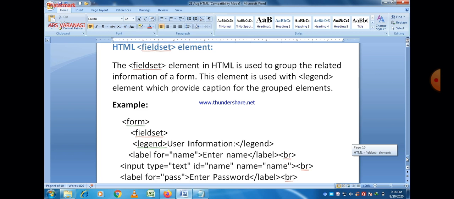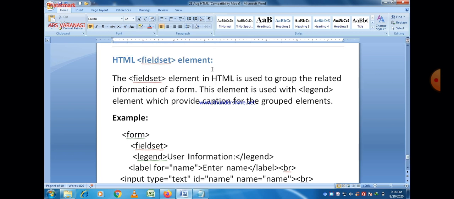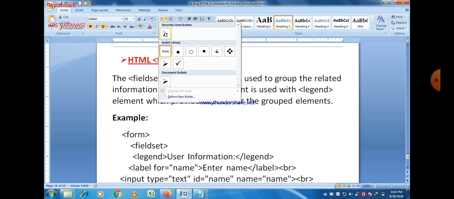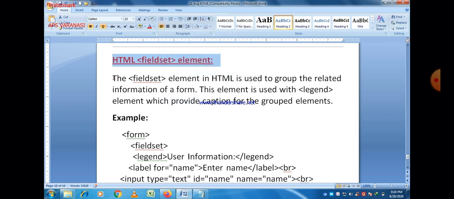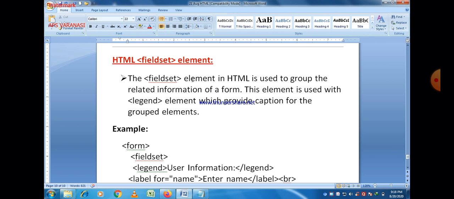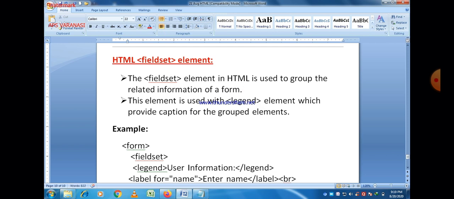Our next topic is the HTML fieldset element. So the fieldset element in HTML is used to group the related information of a form. This element is used with the legend element, which provides a caption for the grouped elements.